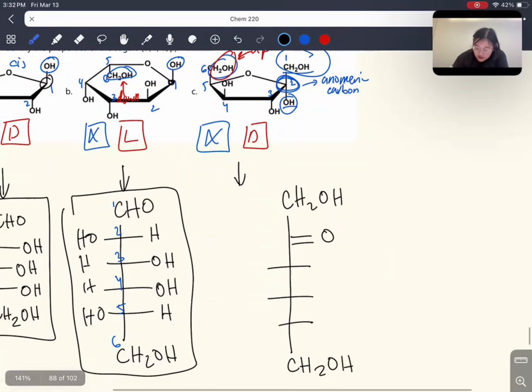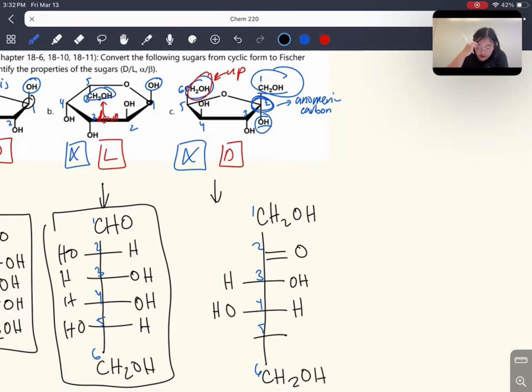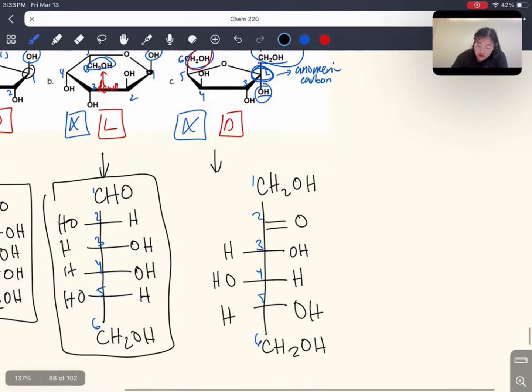And then, similar process to last time, I'm going to number my carbons. So one, two, three, four, five, six. On carbon three, my OH group is pointing down, meaning that my OH group will be located on the right. On carbon four, the OH group is pointing up, so my OH group will be located on the left. And finally, on the bottommost chiral carbon, carbon number five, my CH2OH group is pointing up. Since it's pointing up, that means it's a D sugar. And if it's a D sugar, our OH group on our bottommost chiral carbon is going to be located on the right. So this is what the molecule would look like